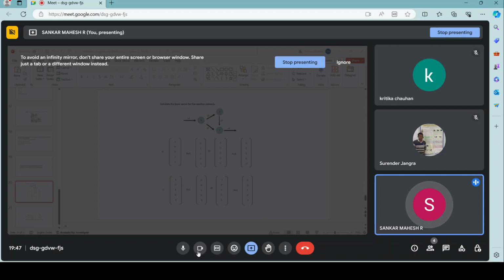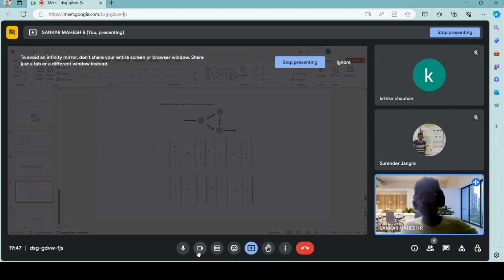Were you able to calculate the basis vectors, or should we start with what basis vectors are? Hello, can you hear me? Yes, sir. So, were you able to calculate the basis vectors for this reaction, or